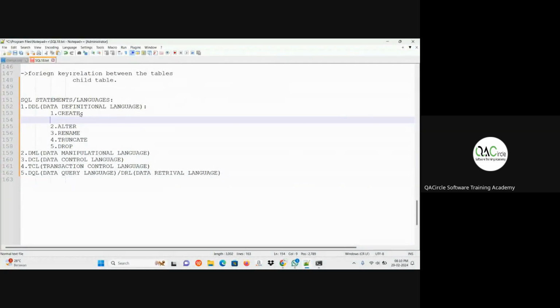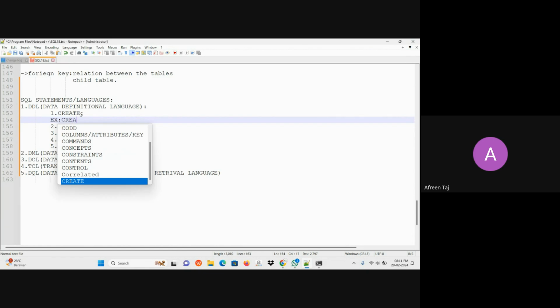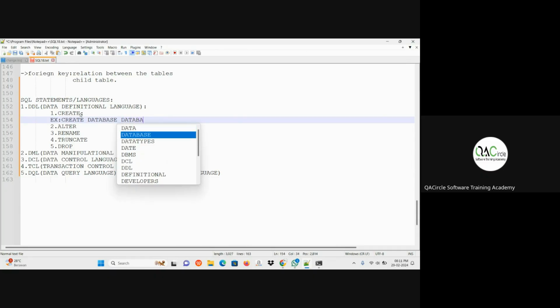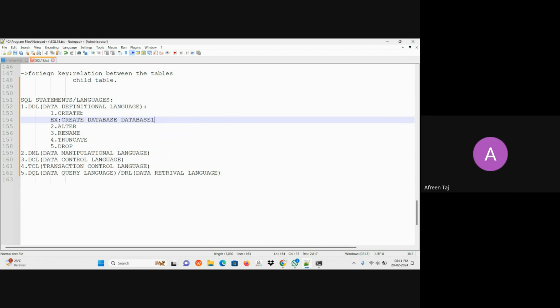Any example? Create database 1; with a semicolon. Yeah, correct.